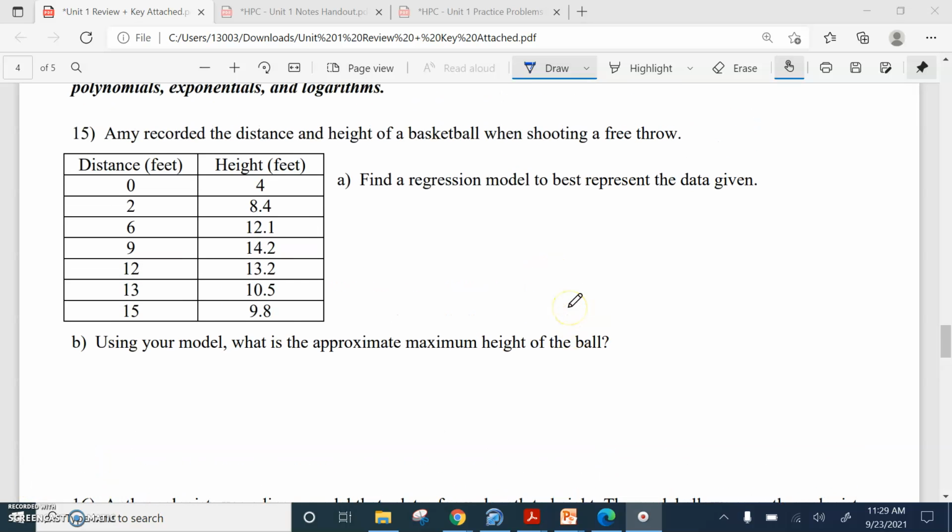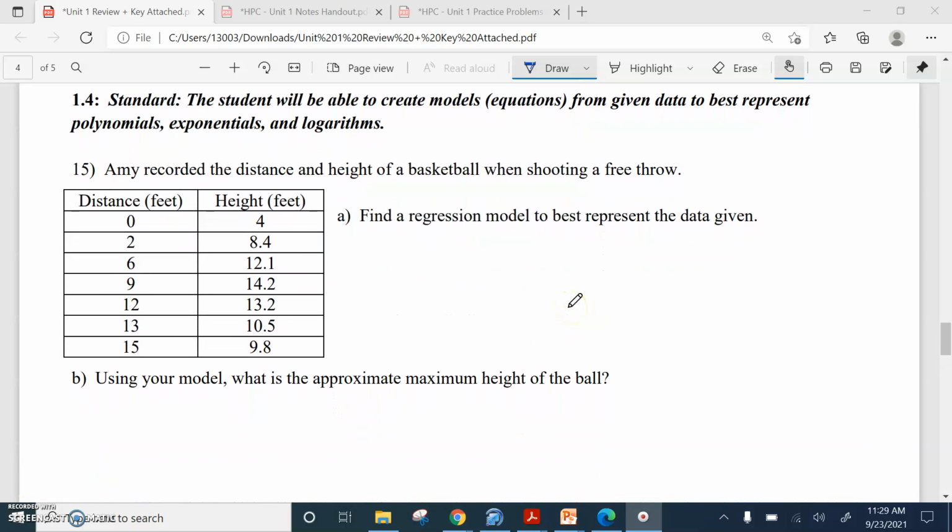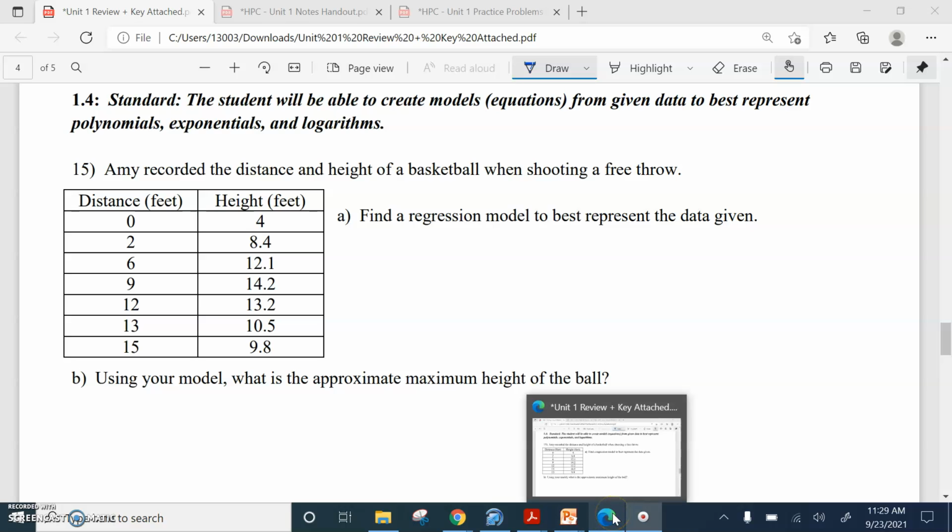Alright, our last video we have 1.4 standard, so we're doing those regression models. First thing to note when we do these, we can do them either via Desmos or our graphing calculators, but on this video I'm just going to use Desmos to demonstrate that. So when we look at these problems, the first thing we need to do is get these plotted into a scatter plot, and to do that